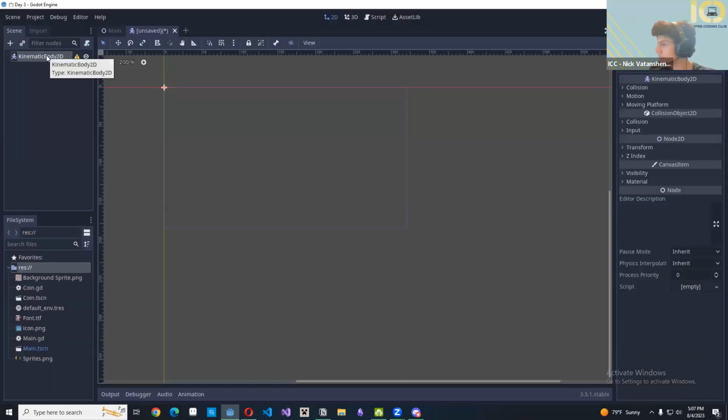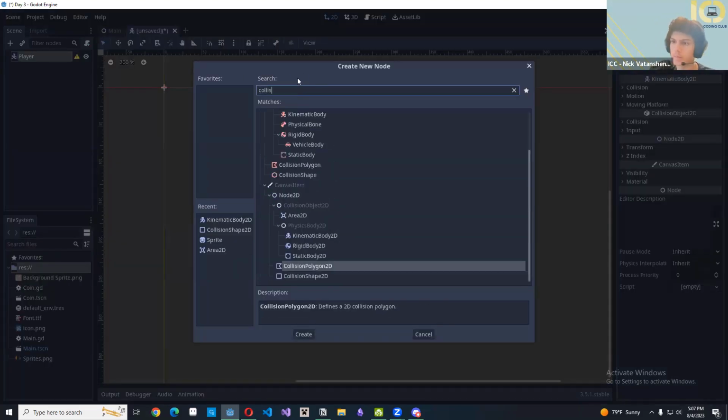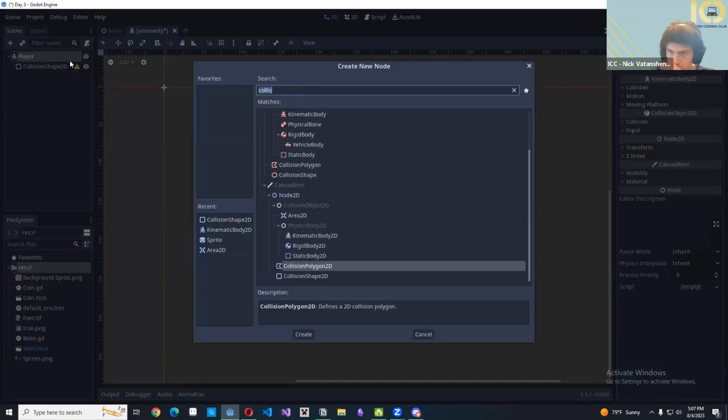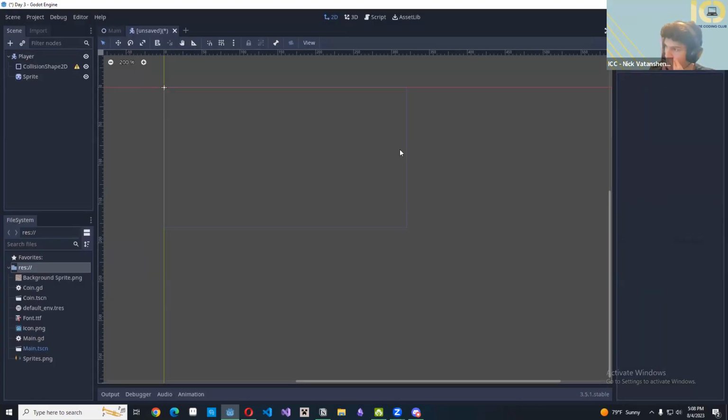So get that. I'm going to rename this quickly. You can right click and then click rename, and you can name it player. And then I'm going to be giving this a collision shape, right? We've got to have some sort of area defined. That's where it's going to collide. And then we're going to add a sprite as well. All right, so once we have that now,